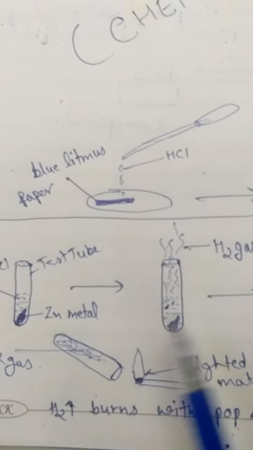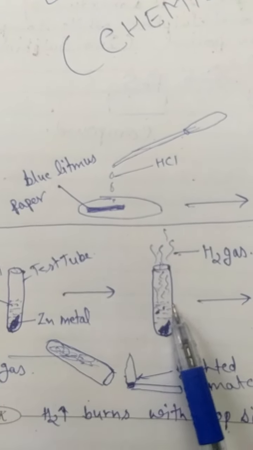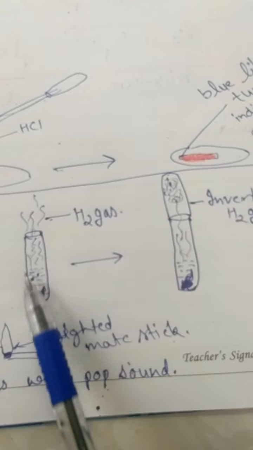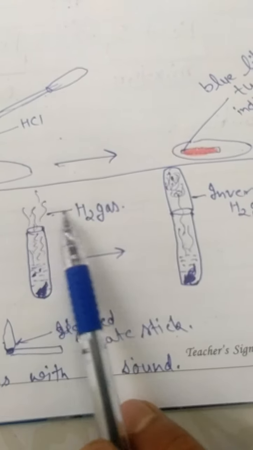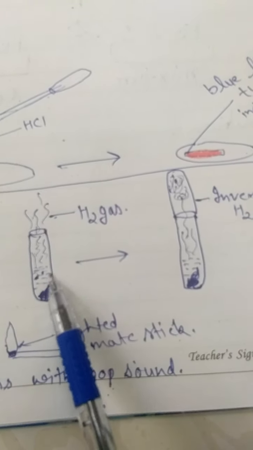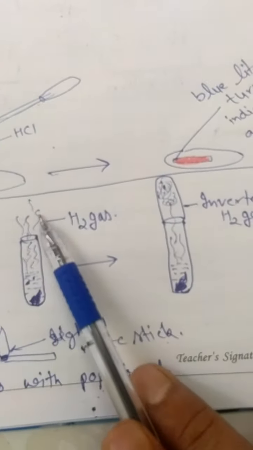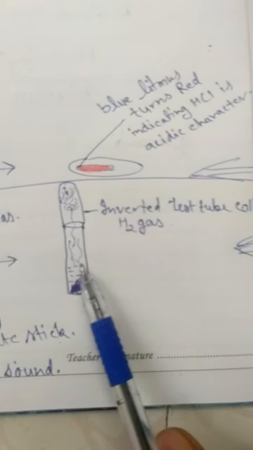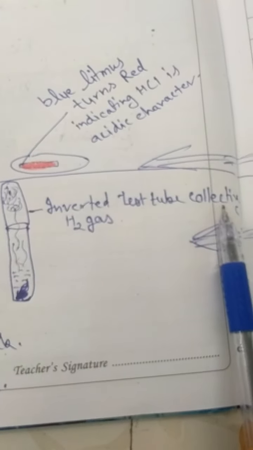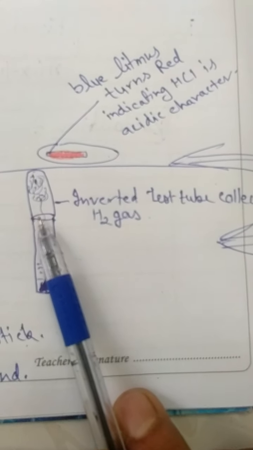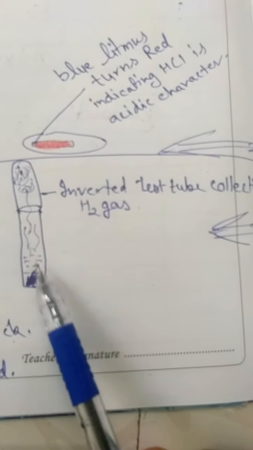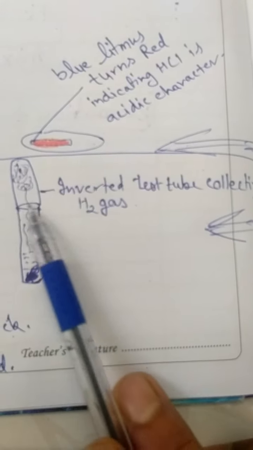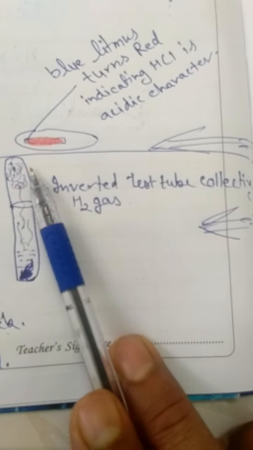As soon as we take hydrochloric acid and zinc metal in a test tube, the reaction will rapidly proceed, and you will see strong bubbles arising from the test tube. The colorless, odorless gas will also arise. An exothermic reaction will take place. This gas which is liberating, we will collect in an inverted test tube placed over the mouth of the reacting test tube, and all the hydrogen gas will be collected inside